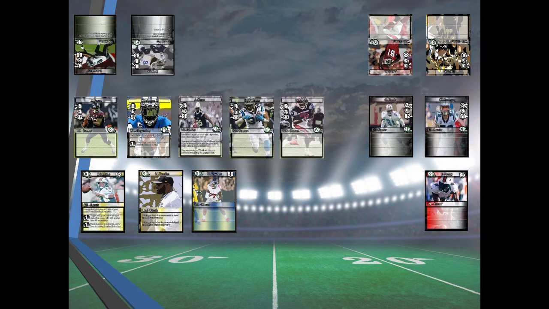To add an element of strategy and keep the board from becoming too cluttered, you can only have 7 total playmakers and 7 total supports for a total of 14 cards in play on your side of the board. If you have reached your total of 7 players, playmakers or supports, you can still play new cards, but with a drawback. The new card must replace any card on that row, and the replaced card is put at the